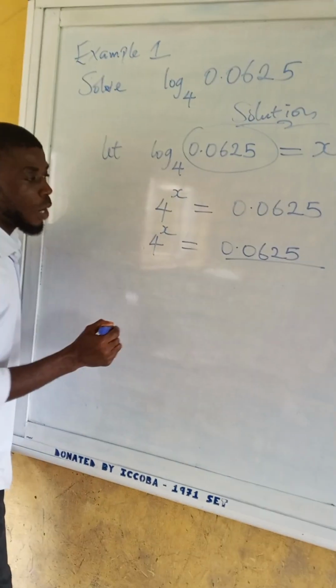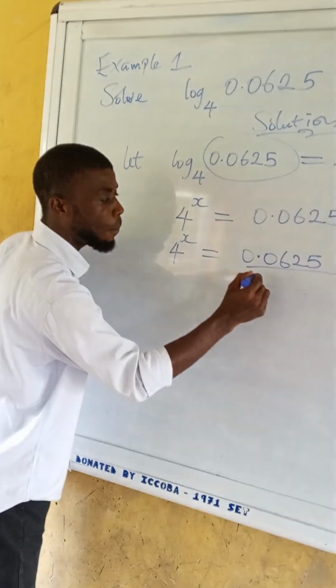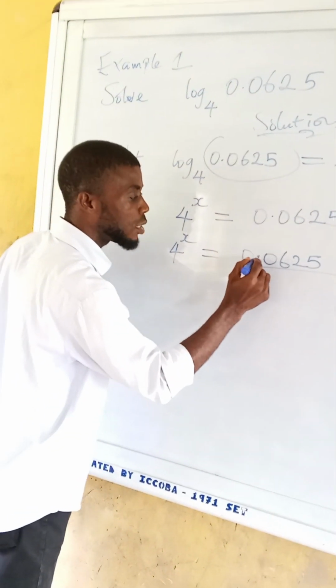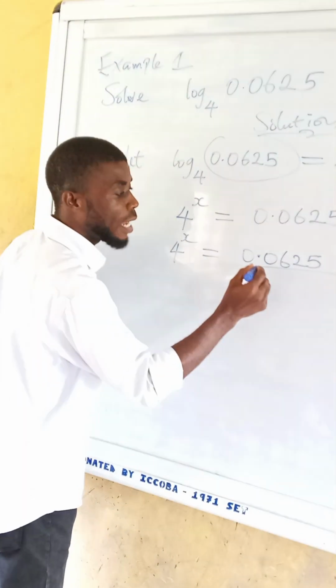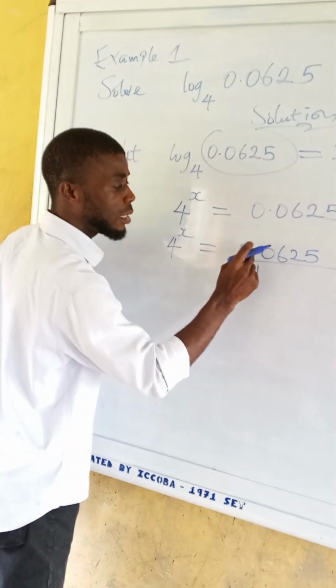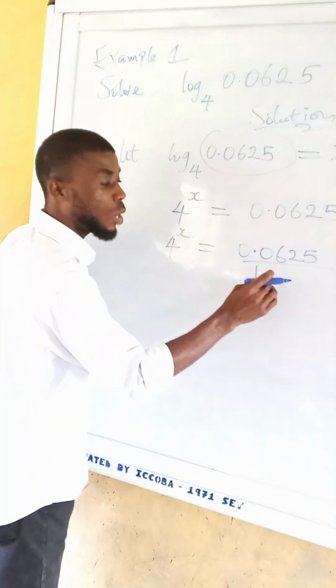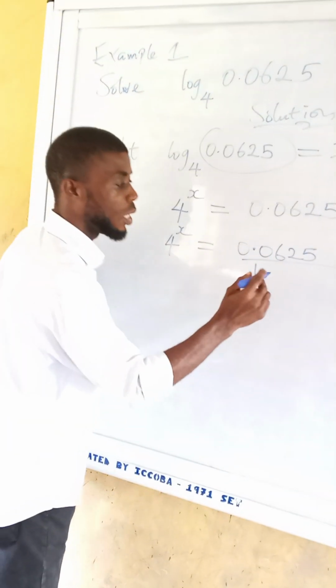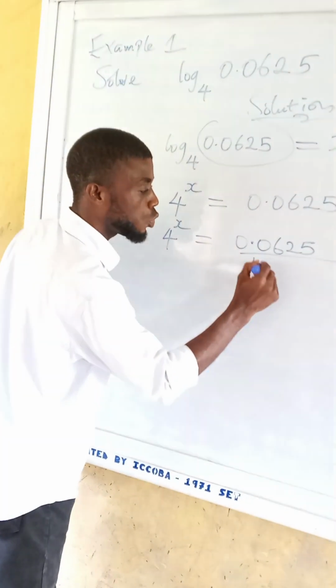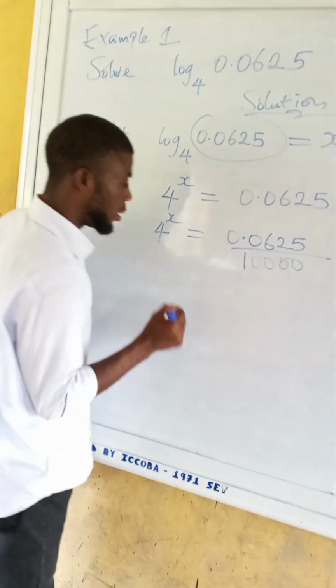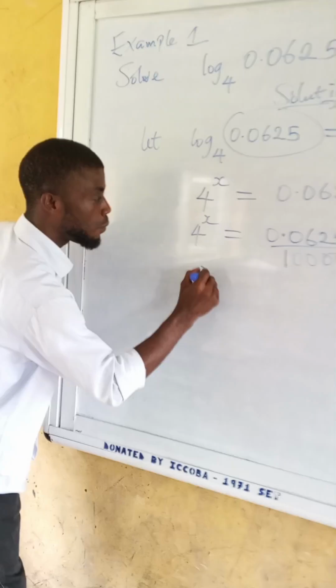If I want to convert to fraction, I will come right under the decimal point. I will use 1 to actually remove the decimal point. Now the number of digits immediately after the decimal point determines the number of zeros that I will put at the denominator. Since we have 4 digits here, I'm going to replace them with 4 zeros. So that this number becomes